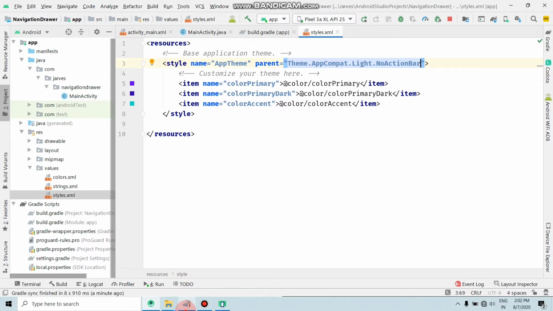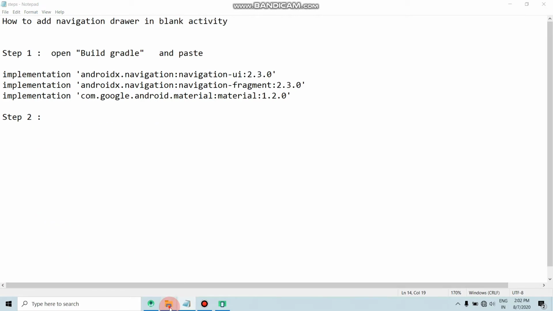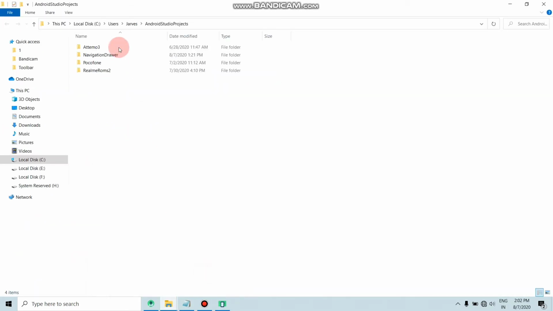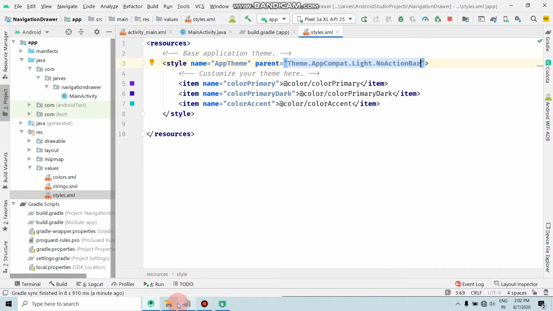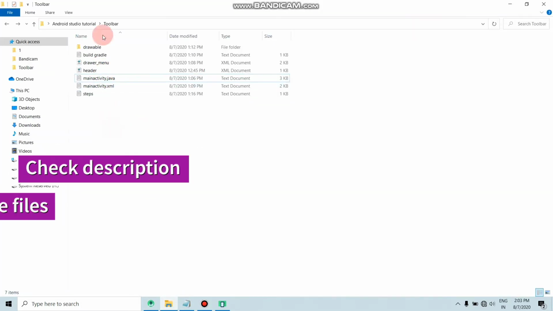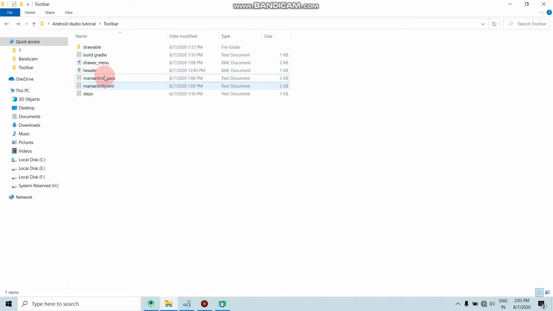Now the third step is add drawable files. Guys, I will put these files in the description box so you can easily download them from there.